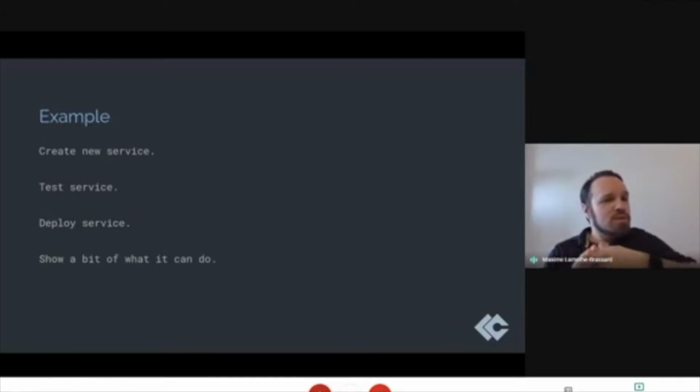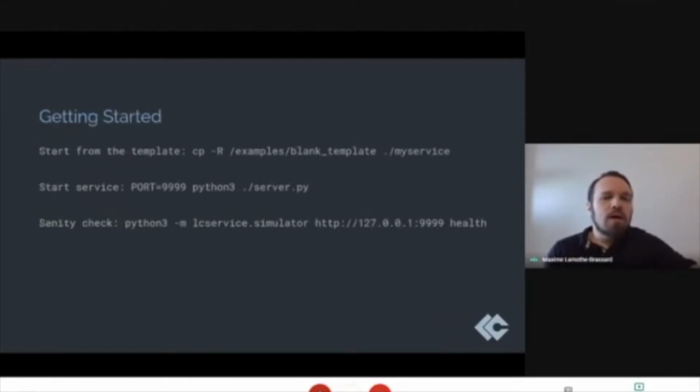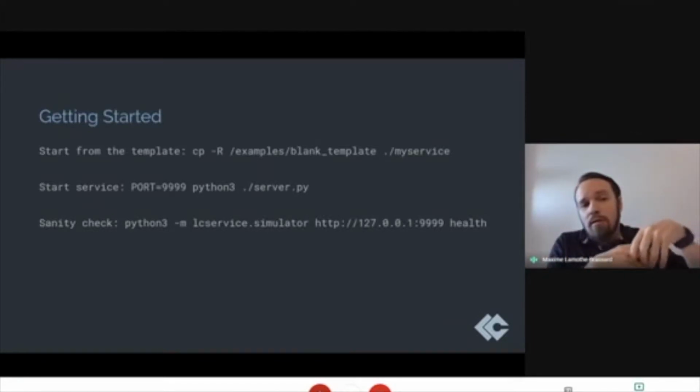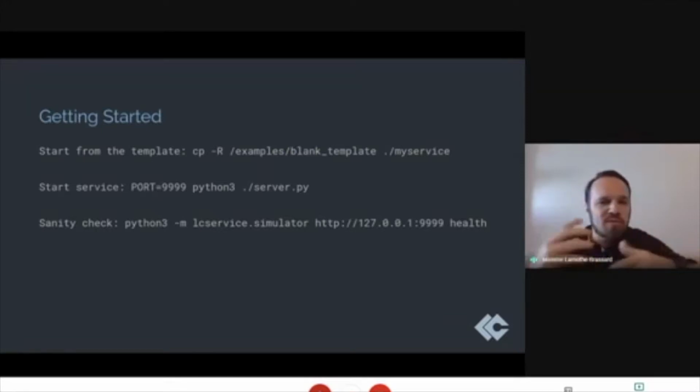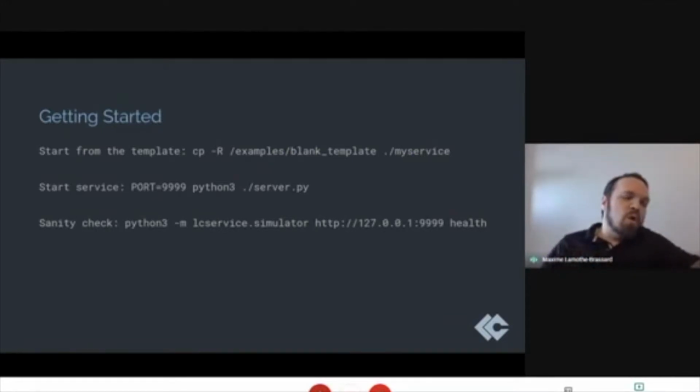So we'll create a new service, test it, deploy it, and show a little bit of what it can do. First, I'll go over the high-level steps, and then I'll go in an actual shell, show you, step by step and a little bit of the code. So we won't get into too many technical details. Hopefully, we can do that at another stream that we do, but it should give you enough to get started.